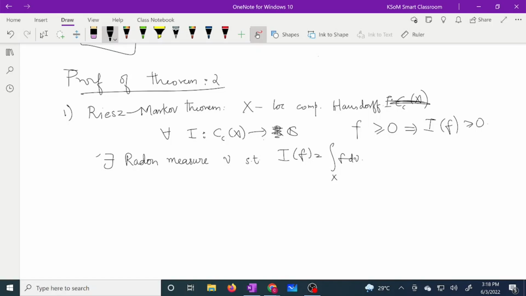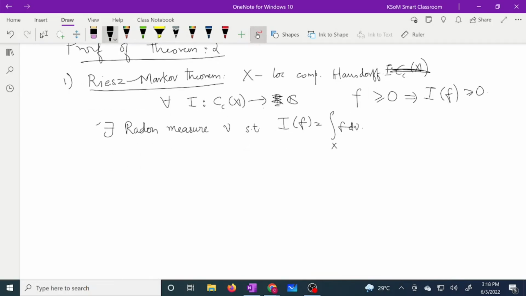This is the Riesz-Markov theorem, and this is a precursor to the Riesz representation. This is one of the forms of the Riesz representation theorem. So now what we do is, there is this dual object to Haar measure, which is the Haar integral. If you have any measure, the converse of this part is obvious. If you have a Radon measure,